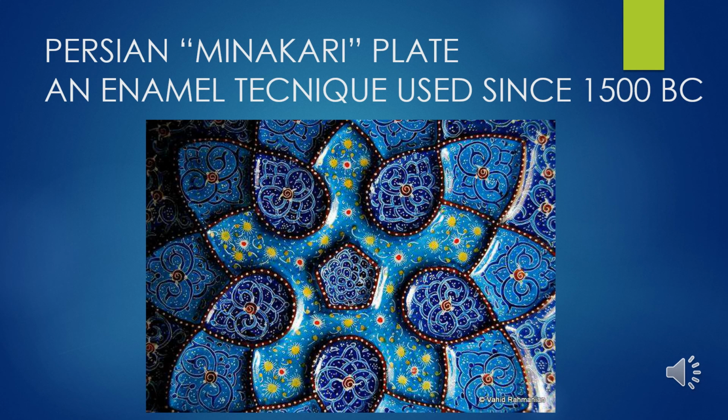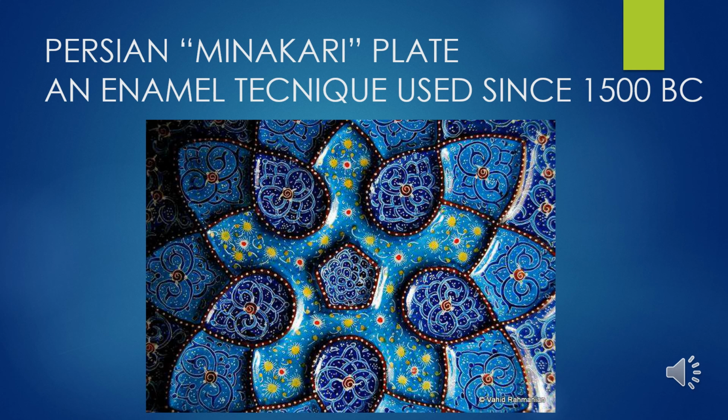Here you see an ancient Iranian or Persian art form named minakari, and mina is a glass-like coating of enamel on a metal background, usually copper and or silver, and sometimes gold these days. But it's this brilliant enamel color that's painted on in intricate designs and then fired at a high temperature that's been used in Persia since 1500 BC.